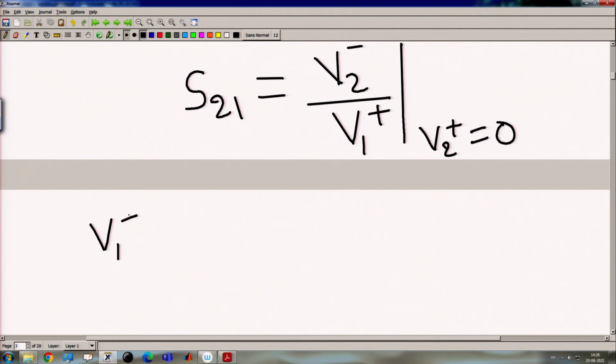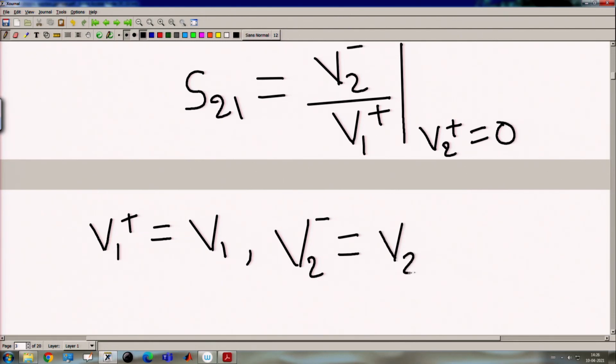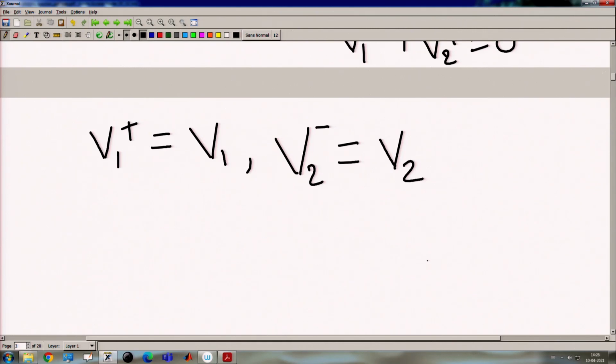So V1 plus equals V1 and V2 minus equals V2, because V2 plus equals 0 and V1 minus will also equal 0, because this is matched with the 50 ohm line at port 2. From this, because V1 plus will be V1 and V2 minus will be V2, then V2 minus can be written as,